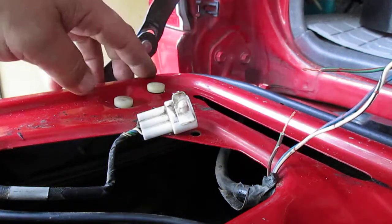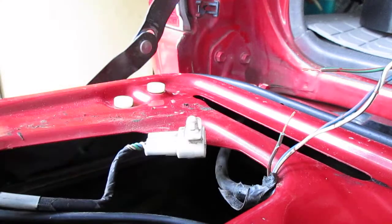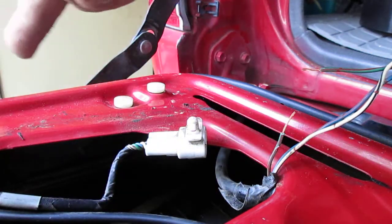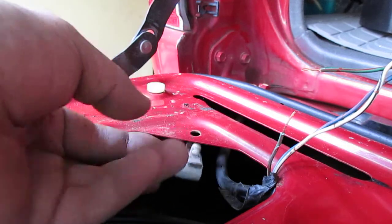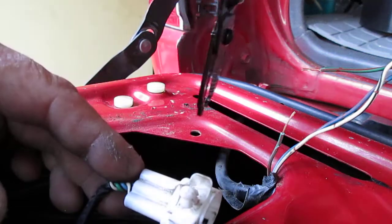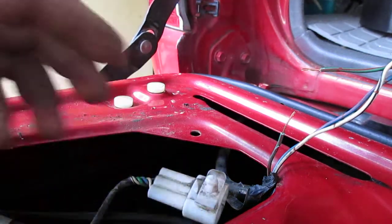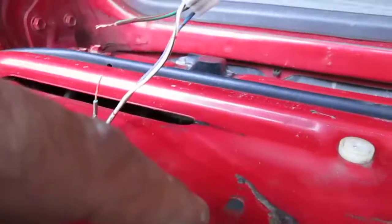Obviously you can see there's a connector here. It goes to the lock detection switch. This is the lock over here. This is the connector, and it pins in here into this hole when you're done, but you simply pop it out. I used pliers right here on the end of my snips, and simply pop that out, and then this one out right here, which is the one that you're